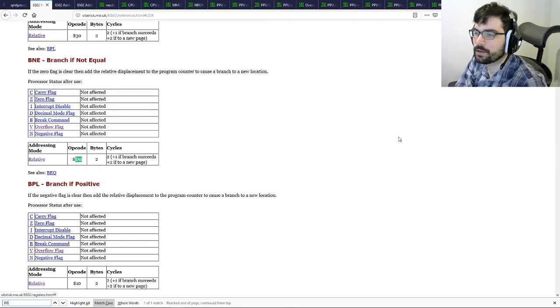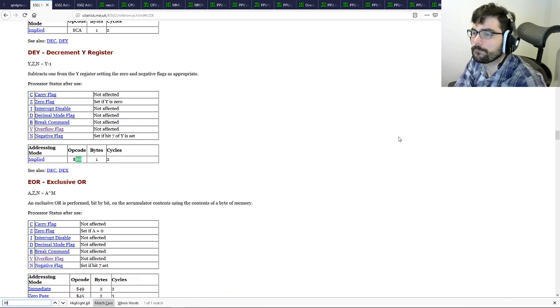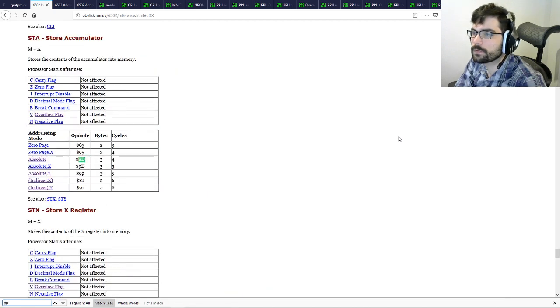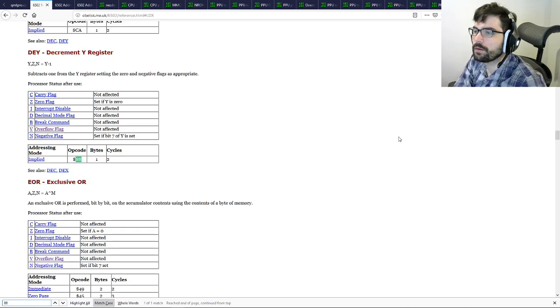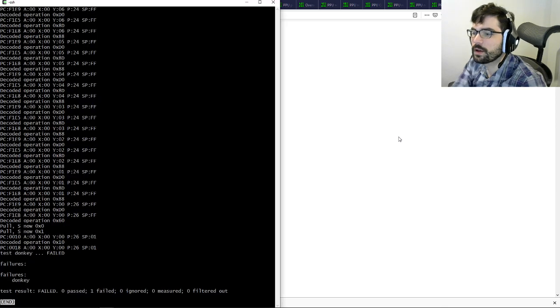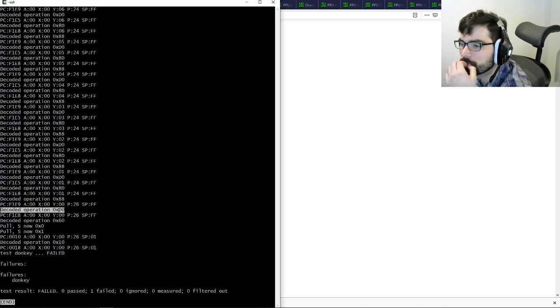D0 88 8D. Branch not equal. Store accumulator. Decrement Y register. Branch if not equal. We decrement Y to 0.